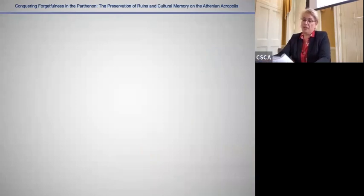Furthermore, at a time when the substance of history versus the nature of art became a major subject of debate, Alois Riegel,